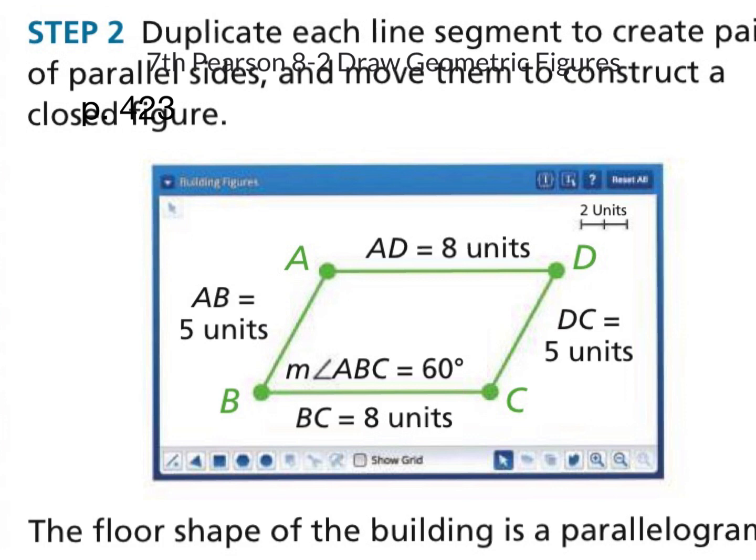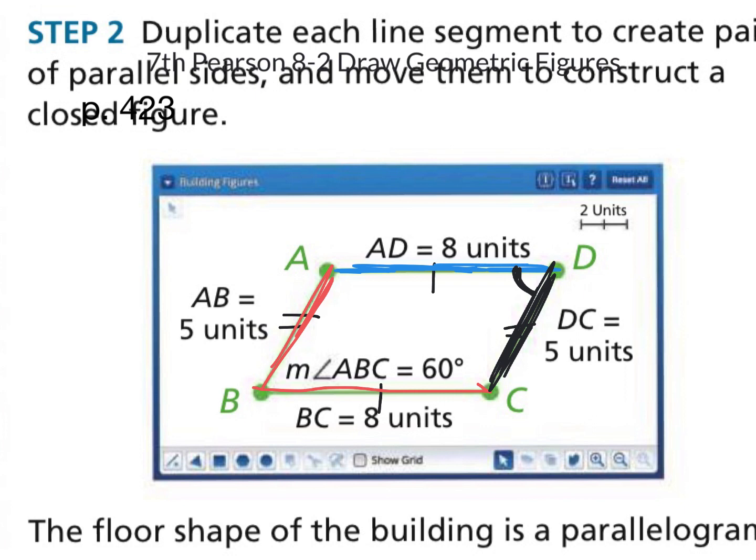the opposite sides. The parallel sides are going to have to be the same length as each other. So if this was 8 centimeters on the bottom, we need 8 centimeters also on the top. This was 5 centimeters. We need this to also be 5 centimeters. And really, once we've drawn this, we already drew these and drew that angle. And then if you draw this 8 centimeters long, then automatically it's going to connect up to that other side. This would automatically be there already, and it should create this